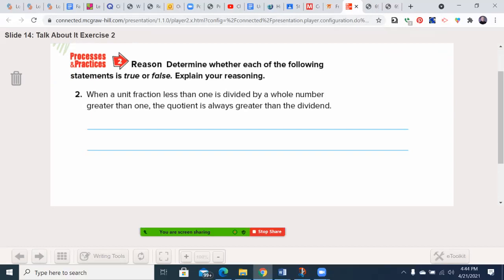Do do do do do do do do do do do do do do do do do do do do